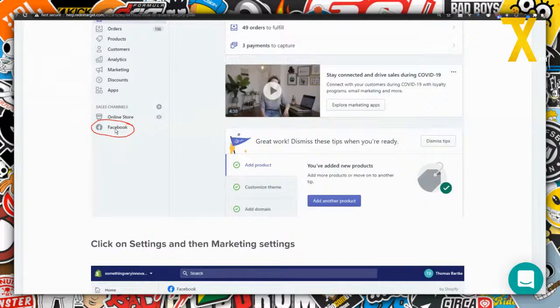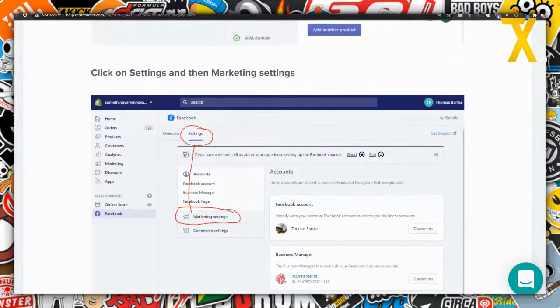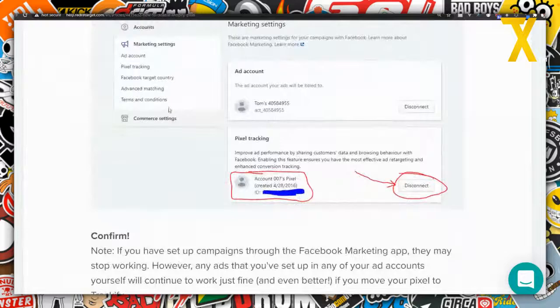Because if you want to be a little bit more flexible and use another pixel, secondary backup pixel, or if you want to segment your data out into different niche pixels or tag pixels, and if you want to use Trackify for that, in any case, you need to remove the Facebook pixel from Shopify. And so now that it's a little bit more complicated to set up the Facebook pixel integration in Shopify in the native integration, it's also a little bit more complicated to remove it. But this screenshot sequence here shows you exactly how to do that.